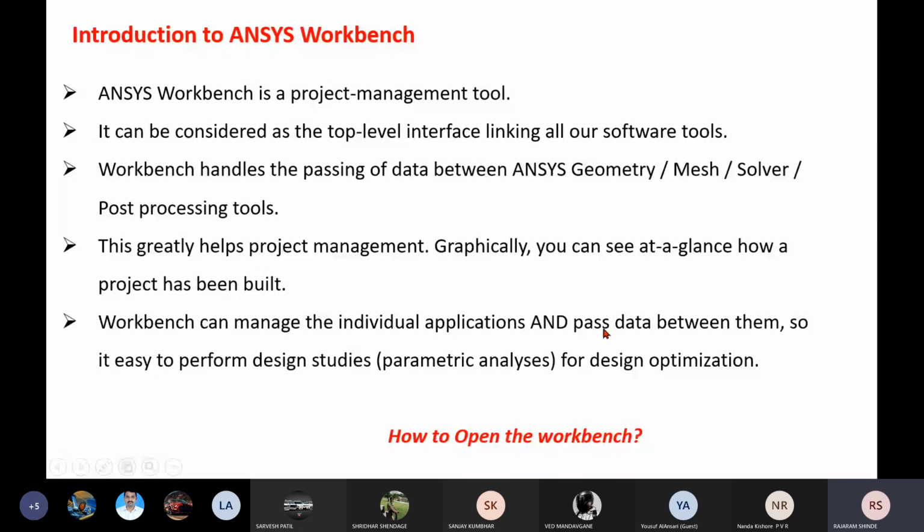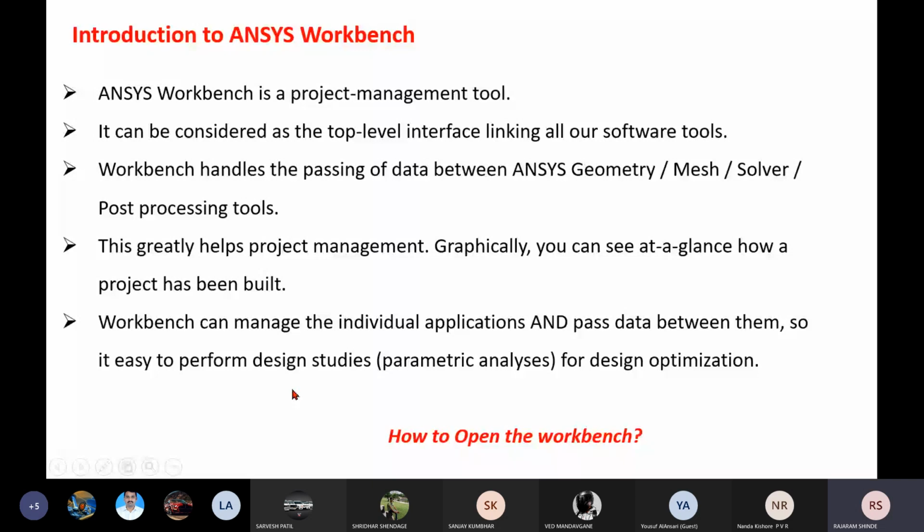That means it can manage individual applications, individual tools like geometry, mesh, and pass the data between them. So it is easy to perform design studies. Design studies means optimization studies, that is, parametric analysis. So in ANSYS, we can perform the parametric analysis or optimization with the help of this ANSYS Workbench.